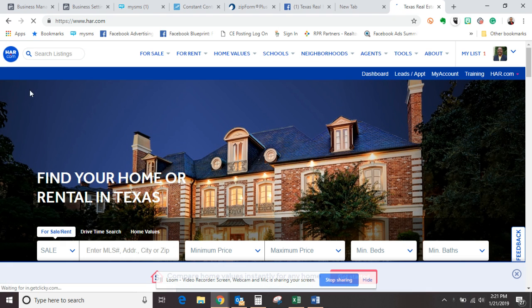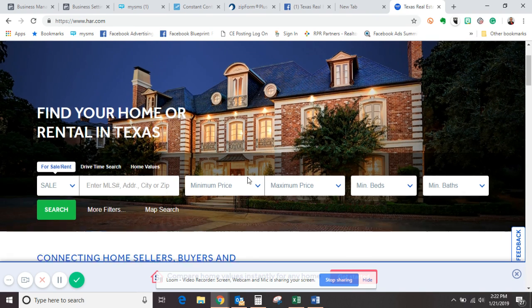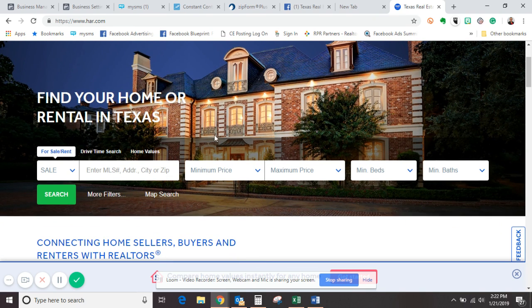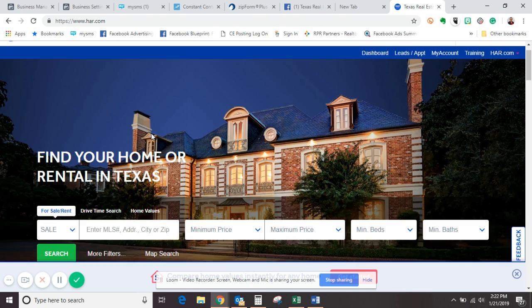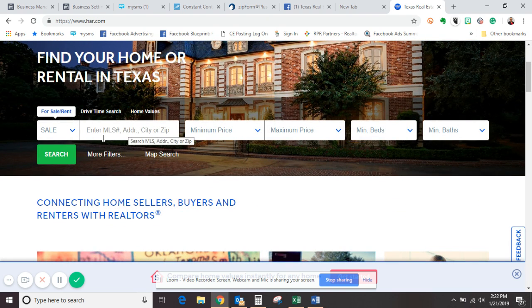Now, once you do that, you're still logged in at HER.com. You're just logged in as a realtor looking at the HER.com site from the realtor perspective. From here, you can search for properties, and it will show you as a presenter of those properties. Very quickly, I'm just going to go in here and add in a search criteria. So very quickly, I'll just go ahead and put in a zip code,